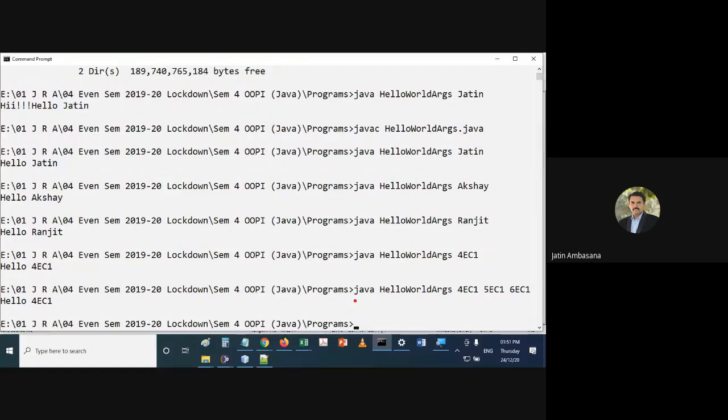Check this out. What I have done? I have said Java, class name, and 3 parameters have been passed. 3 command line arguments have been passed. How many arguments have been passed? 3 arguments. 1, 2, and 3. But which one am I accessing? I am accessing only this one, because this is sent as an array, and we know that array indexes start with